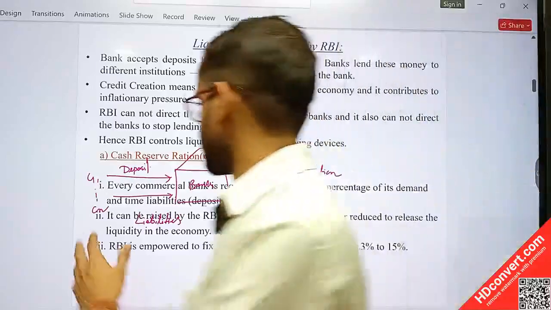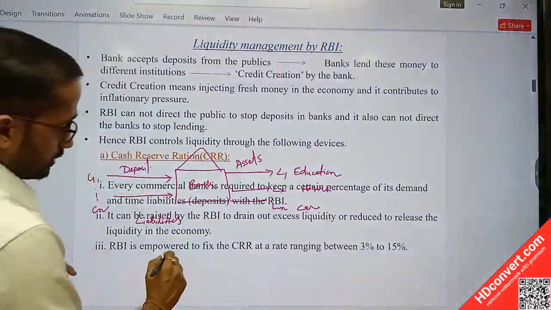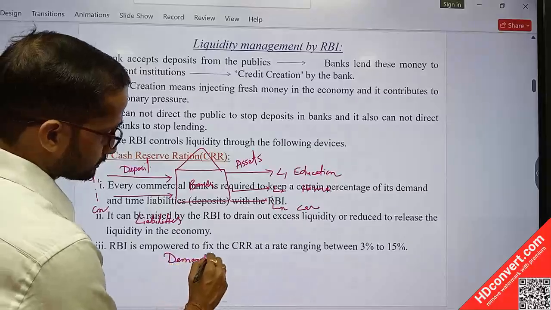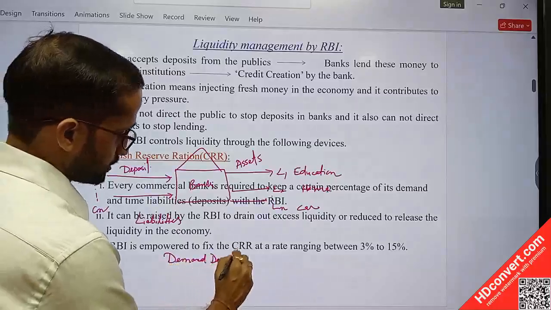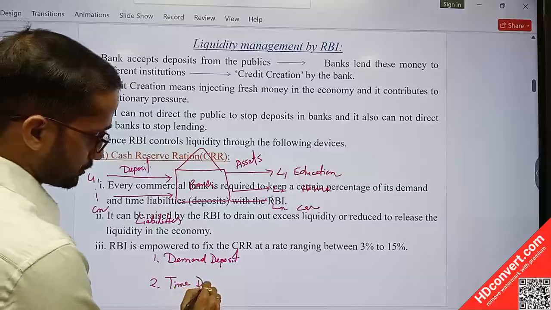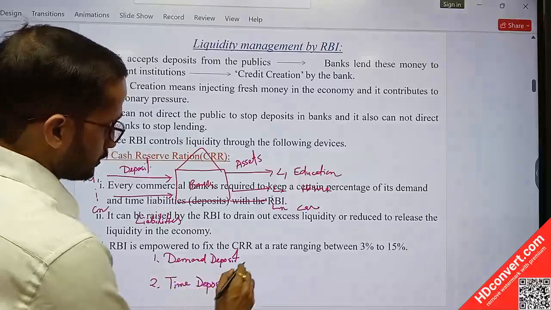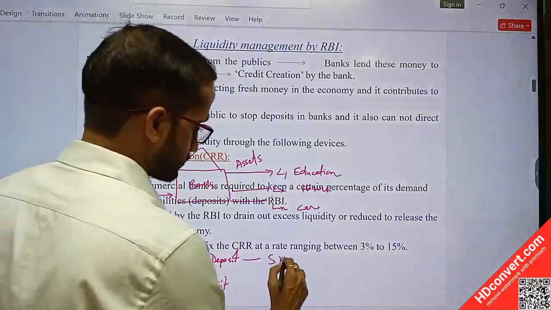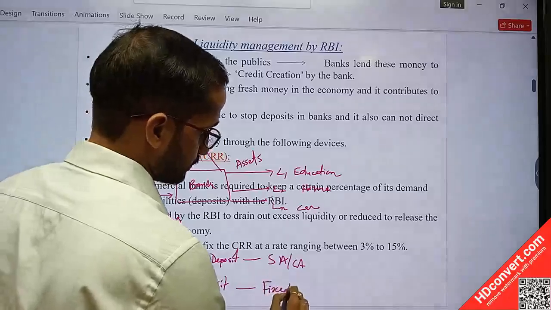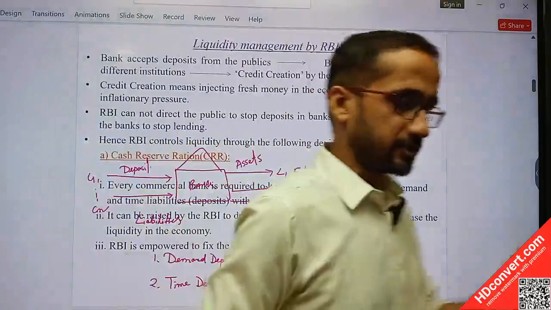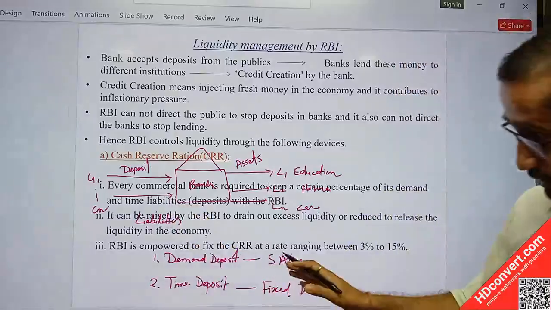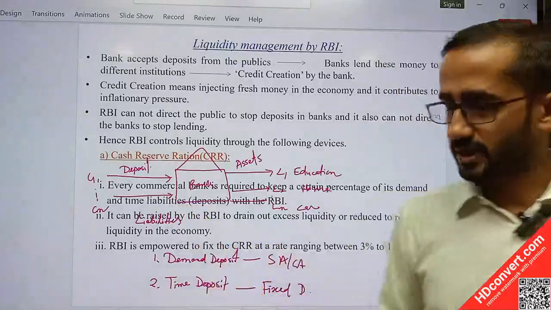Okay, so again, if you see the deposits, there are two types of deposits. One is demand deposits and the other one is time deposits. Demand deposits, for example, savings accounts and current accounts, and time deposits means fixed deposits. Okay, so a customer may deposit for 5 years, 6 years, 10 years, etc. So there are two types of deposits, demand deposits and time deposits, and